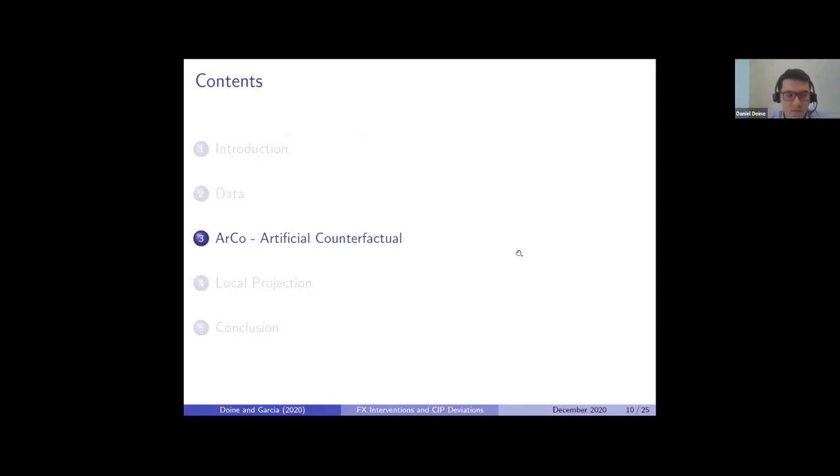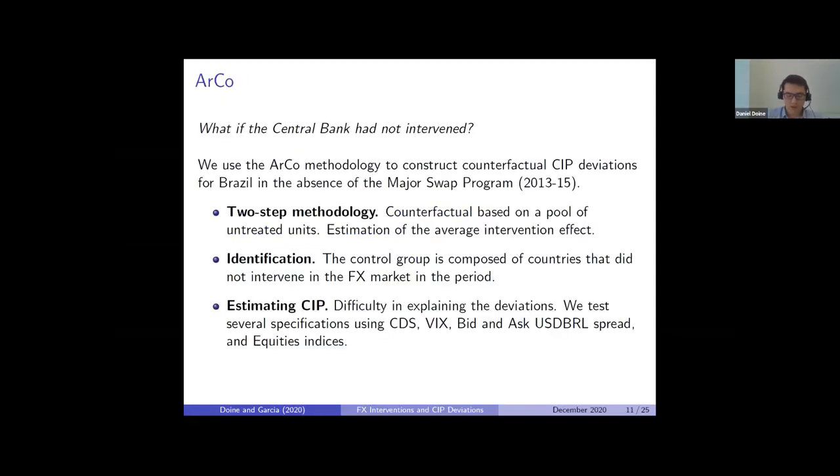And okay, talking about the ARCO. Our main question here is, looking at the program for 2013 to 2015, what if the central bank had not intervened? So our idea is, let's construct two Brazils, intervene in one and not intervene in the second one, and see how the dynamics change. As we don't have this, we only observe the one CIP. We just have one, so ARCO addressed this question by